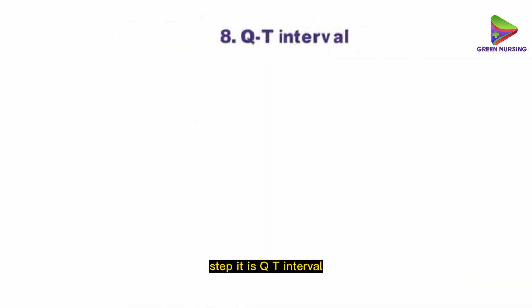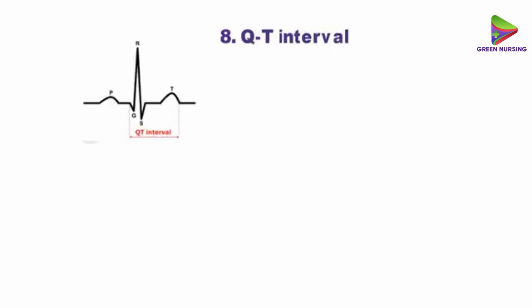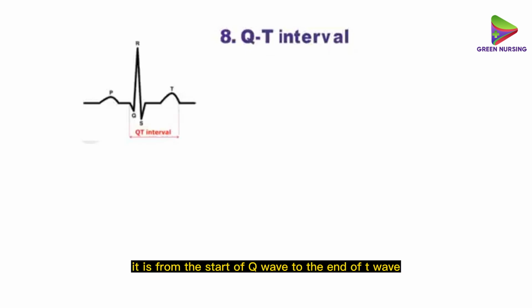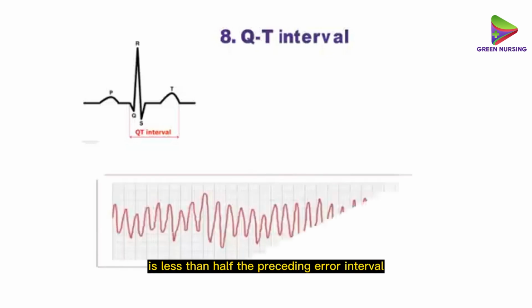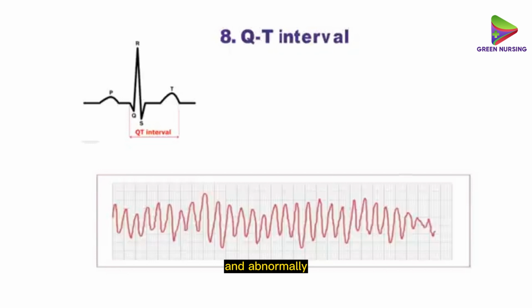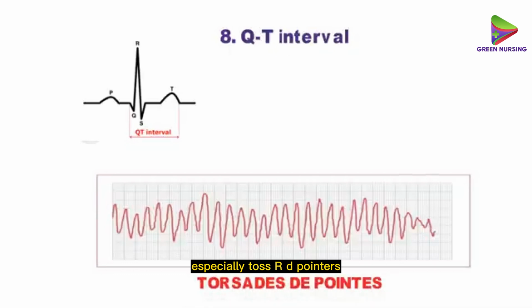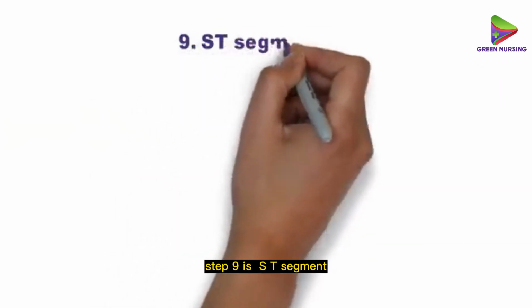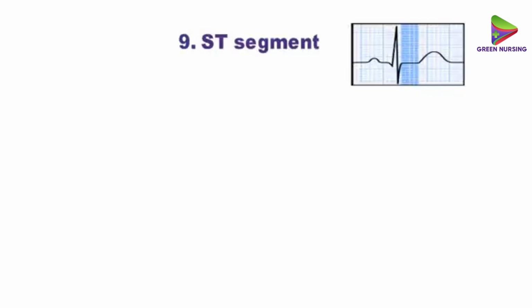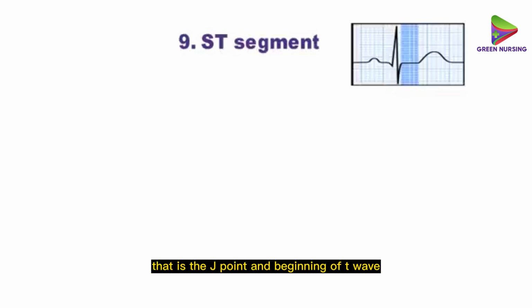Step 8 is QT interval. It is from the start of Q wave to the end of T wave. As a rule of thumb, normal QT is less than half the preceding RR interval. And abnormally long QT is associated with increased risk of ventricular arrhythmias, especially Torsades de Pointes. Step 9 is ST segment. It is the flat isoelectric section of the ECG between the end of S wave, that is the J point, and